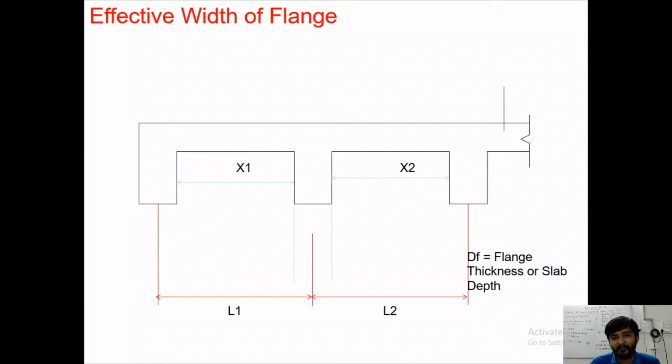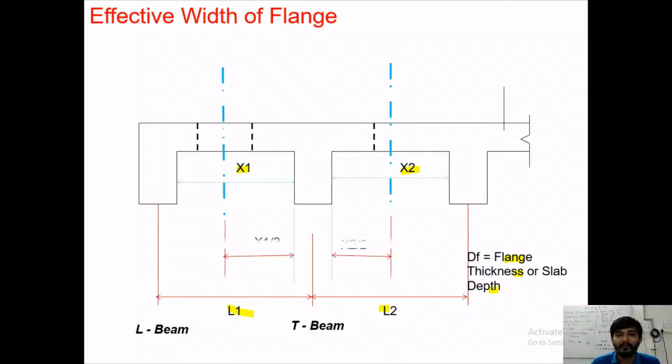Now, effective width of flange. Suppose we take the same example. The center distance between the supports is L1 and L2, right? And the end-to-end distance, that is clear span, is X1 and X2. And Df is equal to flange thickness or slab depth. So this is the effective section for T-beam and this is the effective section for L-beam. So center to center distance has been marked, right, by blue dotted line. This is X1 by 2 for the span L1 and X2 by 2 for